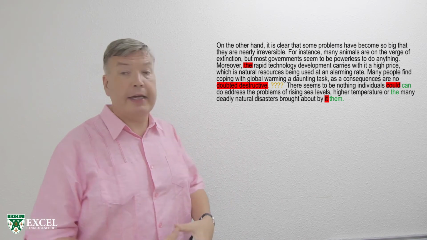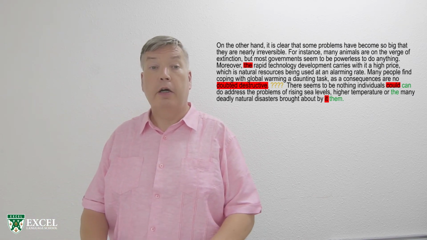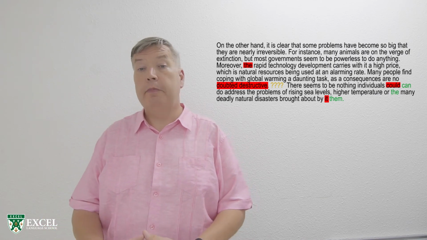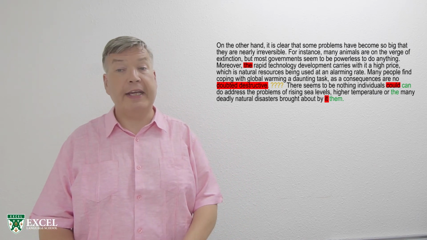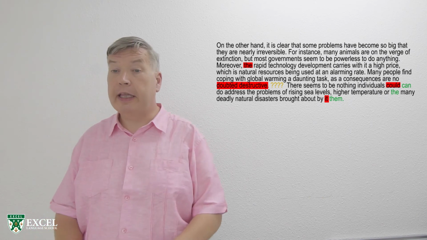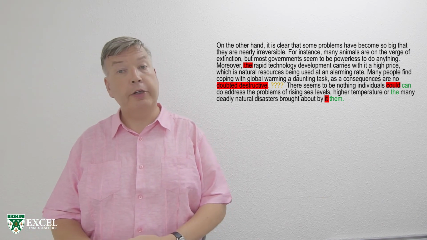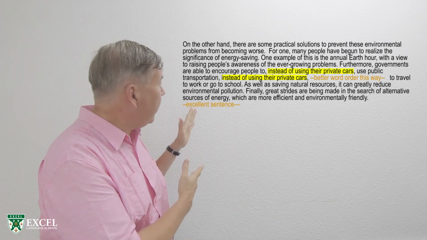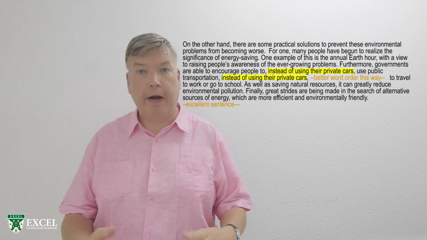And the last item is them. The pronoun them is better than it, because it refers to two things, that is, 1, sea levels, and 2, higher temperatures. Okay, and so let's move on to the third paragraph, and the third paragraph is the paragraph